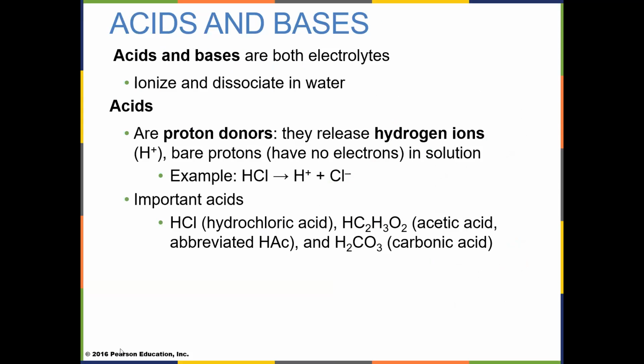Another substance that acts as an electrolyte in our bodies are acids and bases. An acid in solution will dissociate into its positive and negative components, just like a salt will. An acid is what we call a proton donor. Acids give up hydrogen ions. Proton donors. You know, what's a proton?